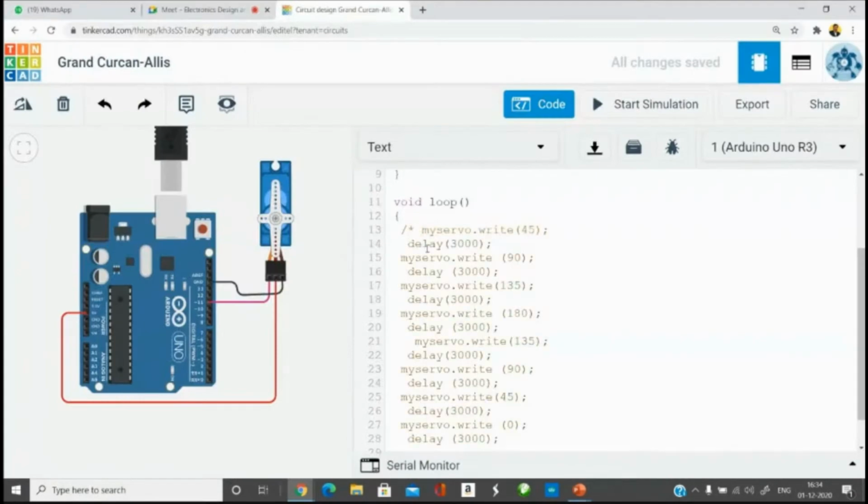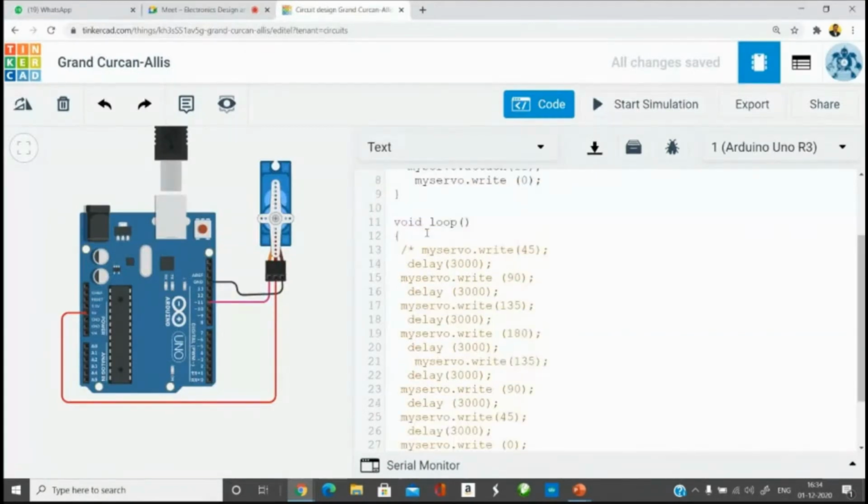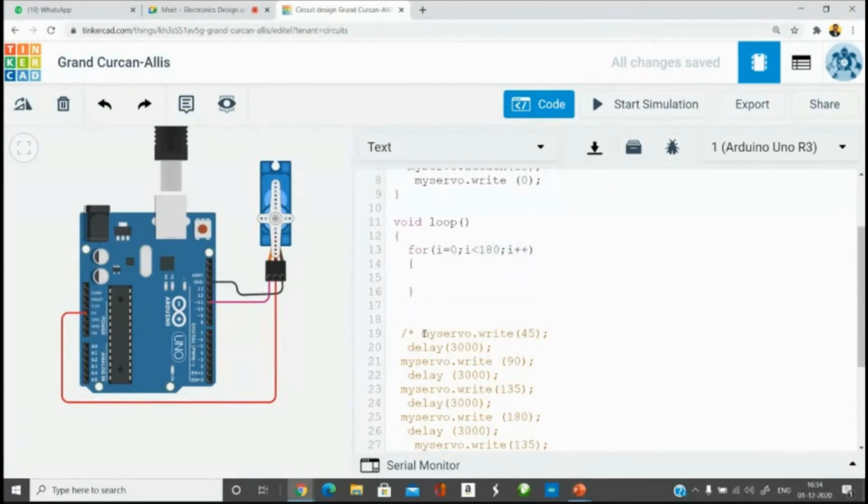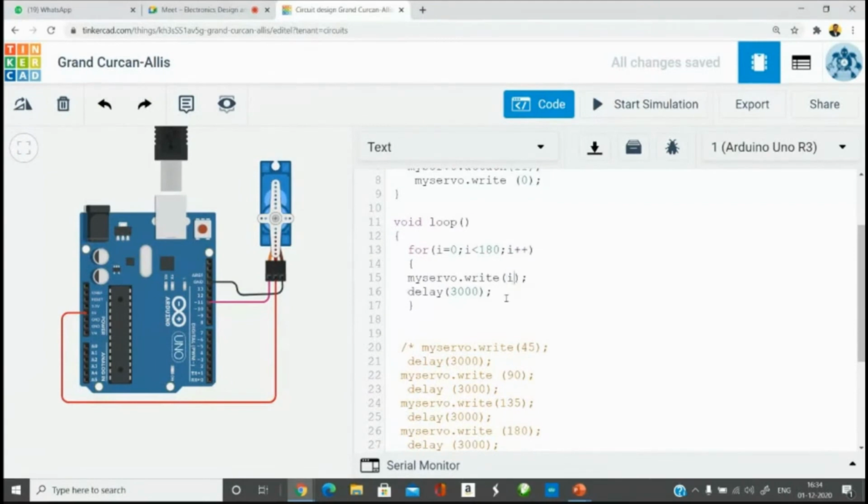Comment this entire block. I'm not going to use it. In the second case, I put a for loop: for i equal to 0, i less than 180, i plus plus. So myservo.write, I pass i. So i ranges from 0 to 180 degrees. In between each write, I give some 20 millisecond delay.